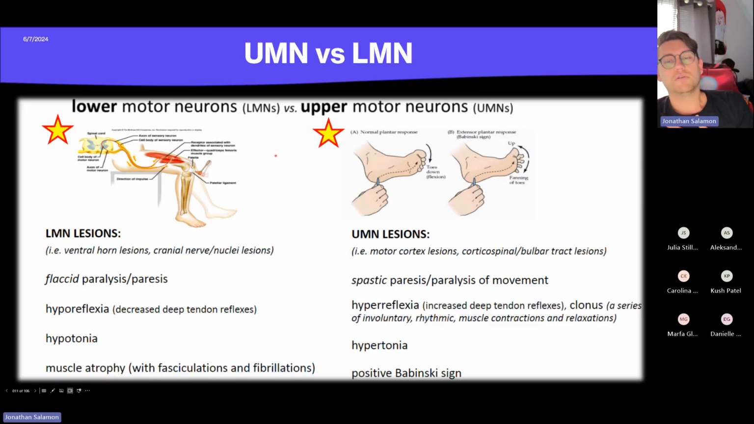And then again, upper versus lower motor. This is most of the stuff, right? Your flaccid paralysis, your hyperreflexia, your hypotonia, your muscle atrophy. So the thing is, with